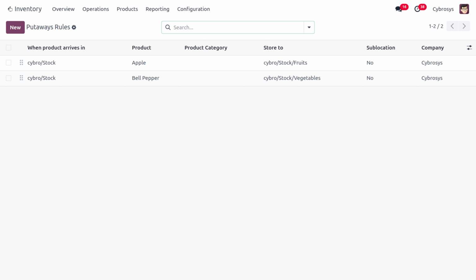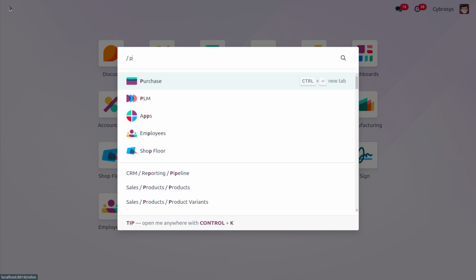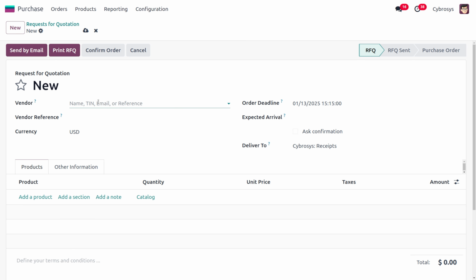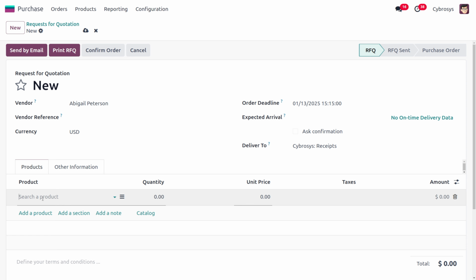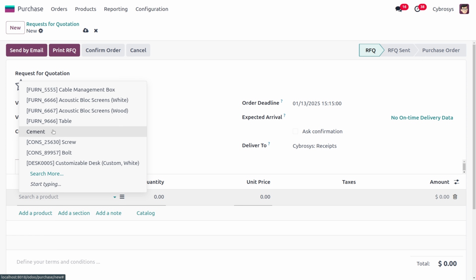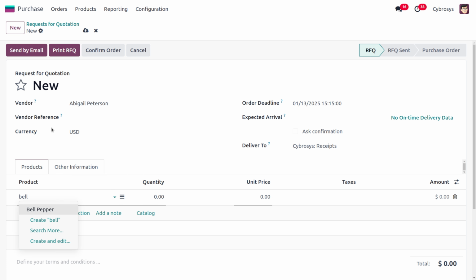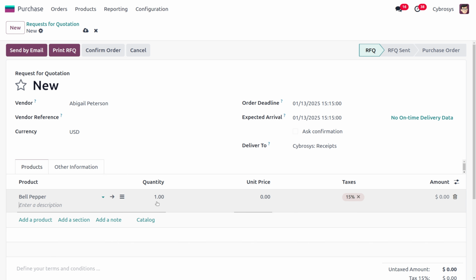So to manage the receiving of the item, let's move on to the purchase module. From the purchase module, let's create a new order. I would like to choose the vendor over here as Abigail Peterson, and you can choose the product. In this case, I'm going to consider the product as bell pepper as well as apple. So you can search for the product over here, and let me set the product quantity as 30, and